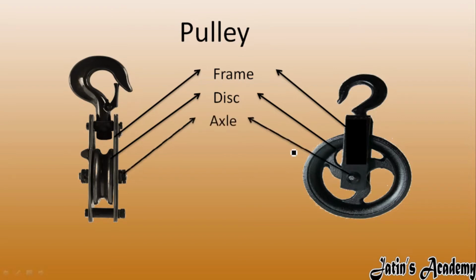Next we have an axle. A rod is passed through the center of the circular disc. This rod is called axle. Next we have grooved rim. On the pulley we have to attach a rope. This rope should not slip. To avoid the slippage we have provided some groove on the pulley. So this is basically a grooved rim, in which the rope is passed.